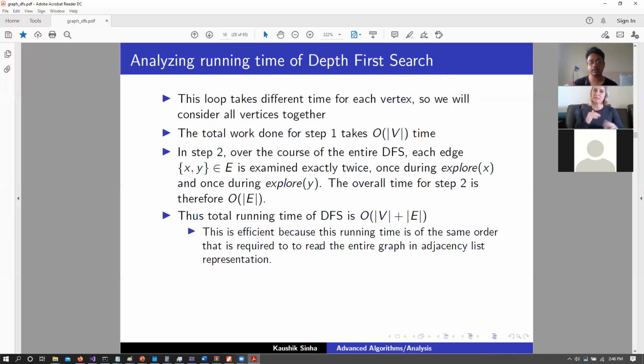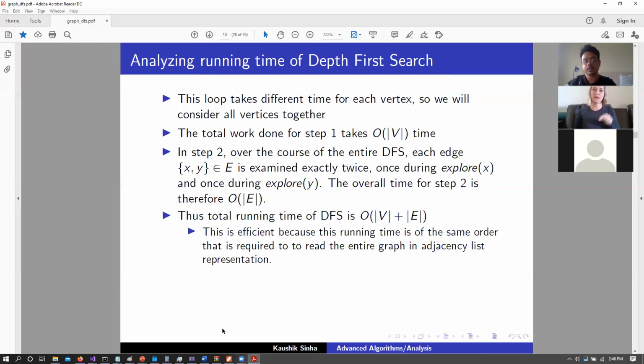Now, this is efficient, and as I said initially, someone pointed out whether this was a linear time algorithm. So do you guys agree that this is still a linear time algorithm in V and E? Is it linear or is it not? Because if we had V times E, then that would not be a linear time algorithm. But in this particular scenario, it is a linear time algorithm, right?